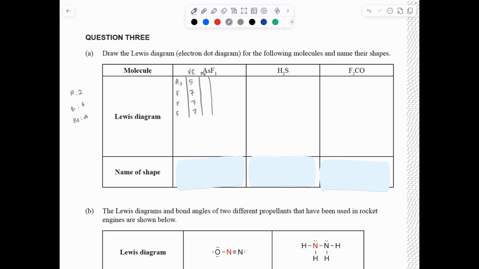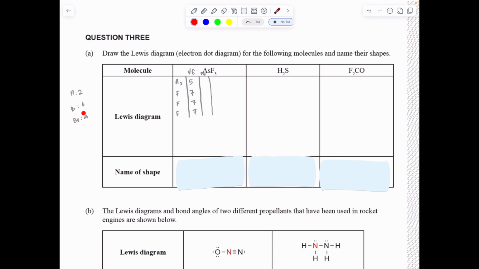However, there are a few exceptions to this rule, which I would love for you to know. These guys over here don't follow the octet rule. They're like the naughty kids in class. They don't follow the rules. Instead of needing 8 to have a full outer shell, hydrogen only needs 2, boron only needs 6, and